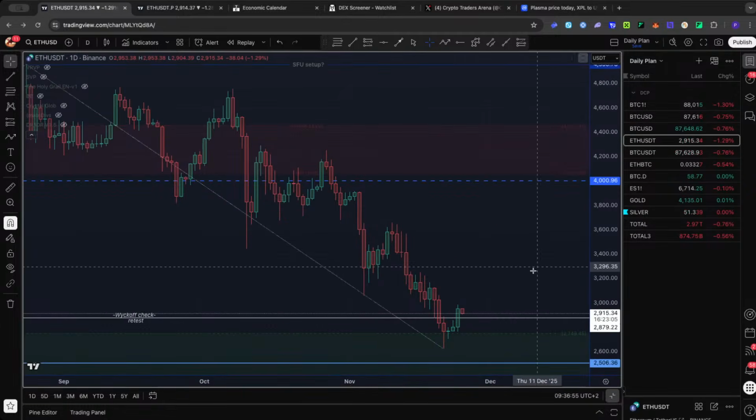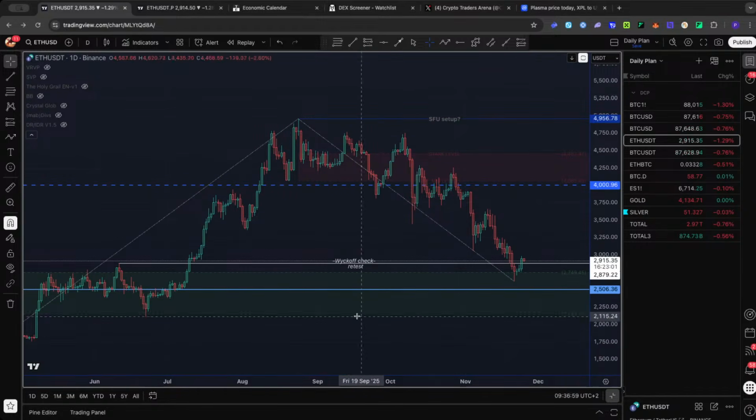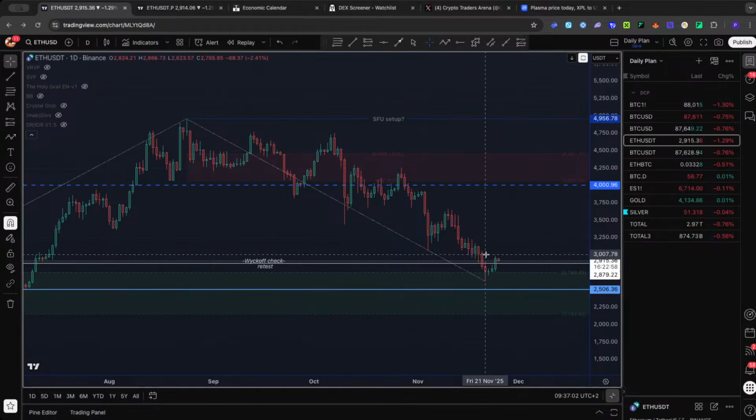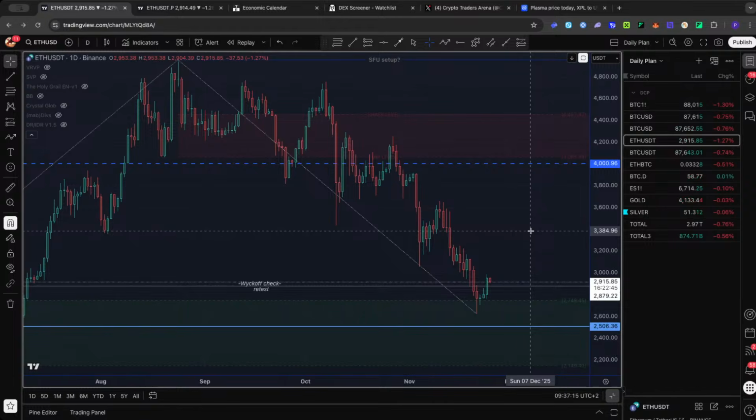Ethereum on daily. Similar. No W yet. We got a location. 2,500, it's like a magnet. We bounced really nicely, a bit stronger than Bitcoin. I love that. But still no W. So, give me a clear W, give me a clear setup, and I'll try to long. Until then, as a swing trader, in my humble opinion, it's better to wait. But again, I'm not a financial advisor. Do whatever you want with your money.